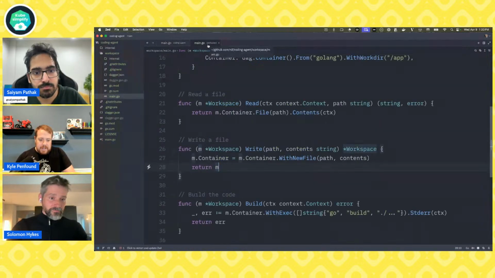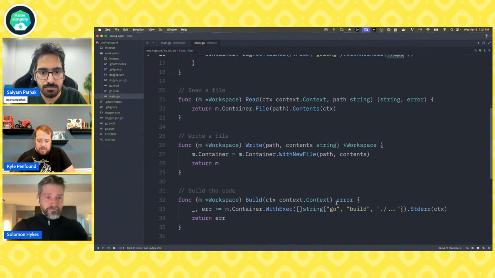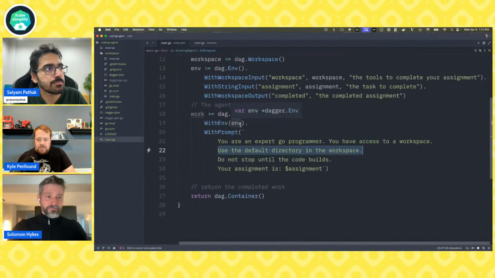Is that in our workspace? Remember we set the default workdir, and we're just assuming when we run Go build that we're in the place with this Go program. But sometimes different models without that prompt would try to put things in subdirectories, or they try to do some other fancy things. They try to be too fancy, right? So we're just saying, just use the place you're at. Don't worry about that.